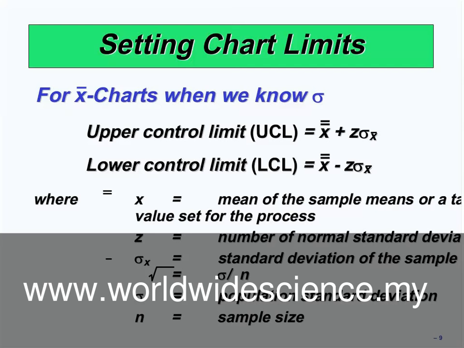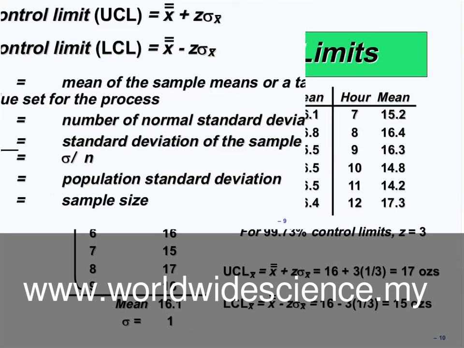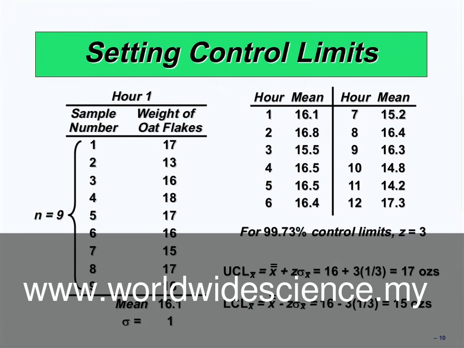Setting control limits. Here, I give you an example. This example is related to a food industry that is producing oat flakes. If you search on the internet, you will become familiar with oat flakes. Oat is a kind of grain, and a flake is, for example, a wheat flake or a barley flake. They can be used, for example, in soup, in the food industry, and so on. A company is producing oat flakes,